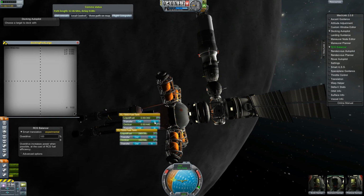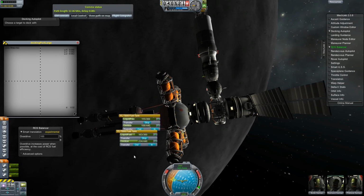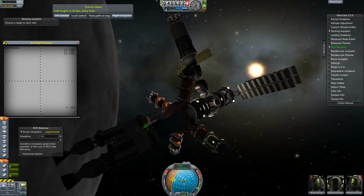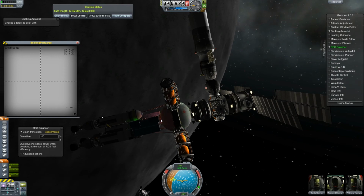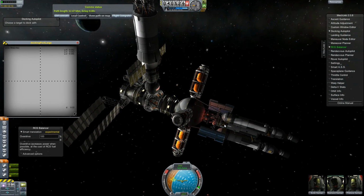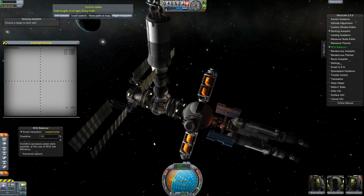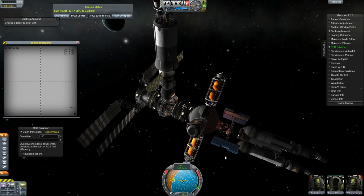So very annoying. Let's transfer just a bit of fuel into each of these. I don't really care how balanced it is because we're not going to go for perfection for deorbiting this thing. Close enough. Where is the decoupler? You are the decoupler. Now,